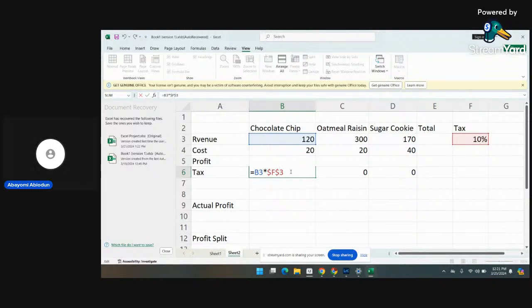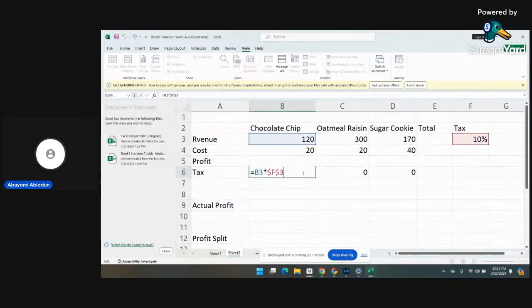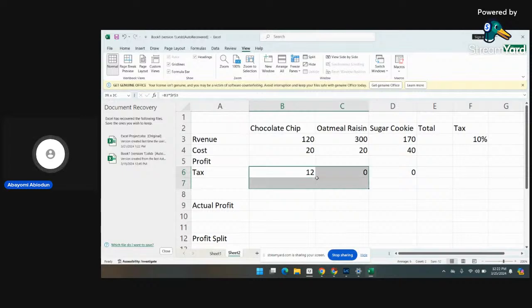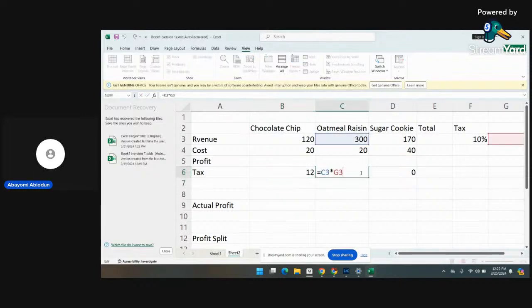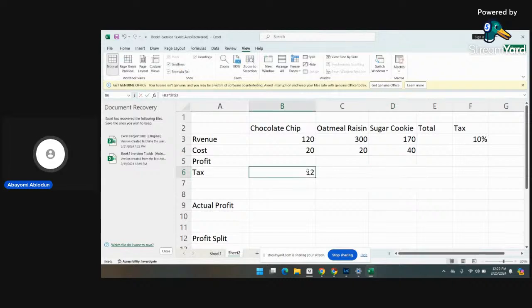So now if I press enter, it gave me 12, which is the accurate answer. But if I try to move it, I'll move it here and I press enter. Okay, I need to clear this first. Let me clear it first so that we can. So now I've gotten the answer here by locking it. So if I try to autocomplete now,